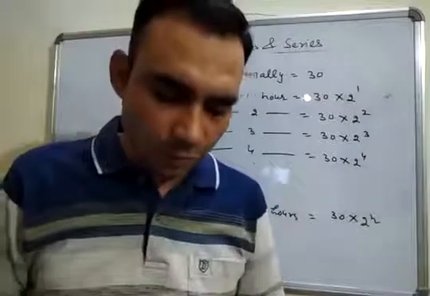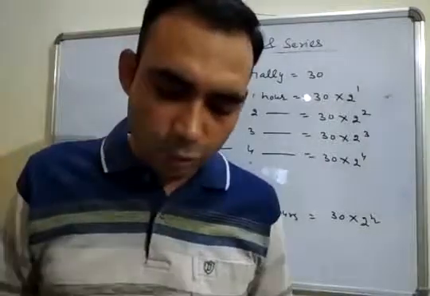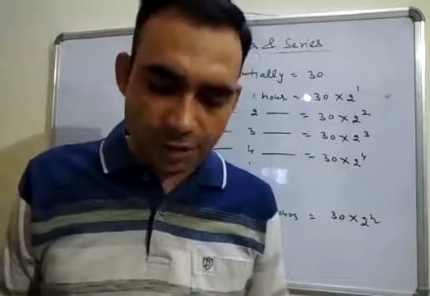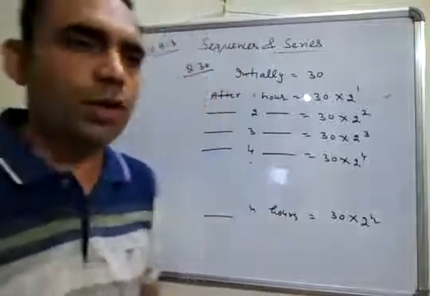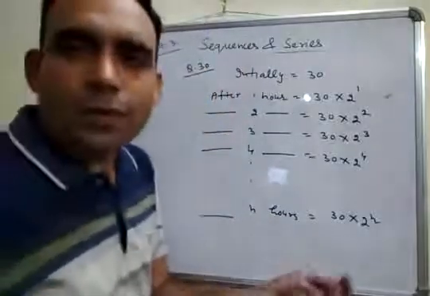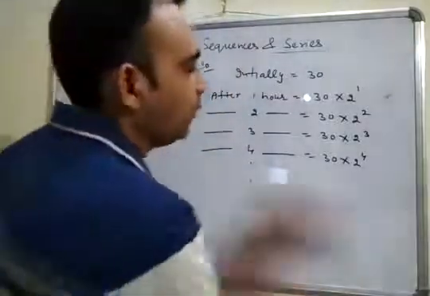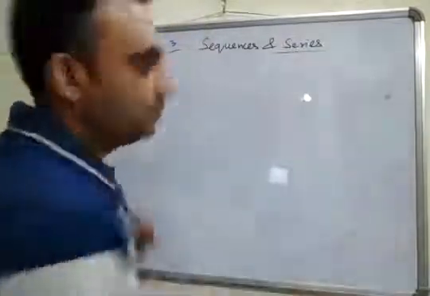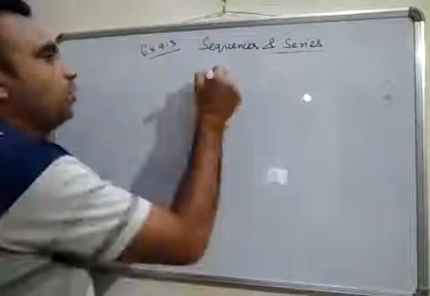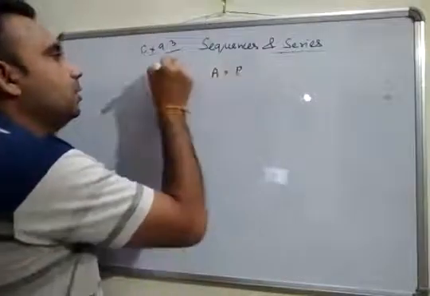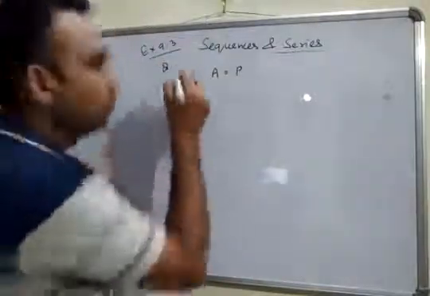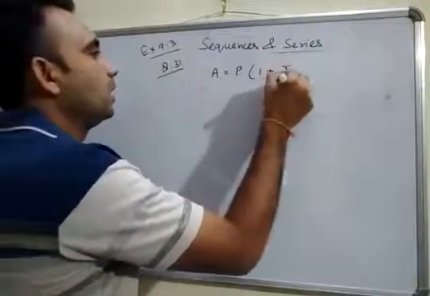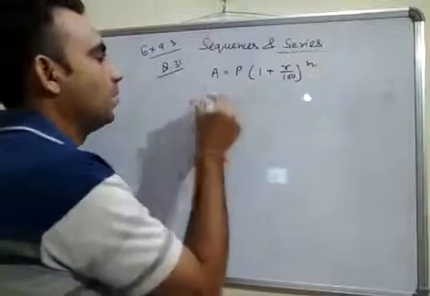Question number 31. What will rupees 500 amount to in 10 years after deposit in a bank which pays annual interest rate of 10% compounded annually? This is the simple question of compound interest, not from the GP. We can directly solve it by using the formula of compound interest. What is the formula for compound interest? A is equal to P (1 plus R by 100) raised to the power n.